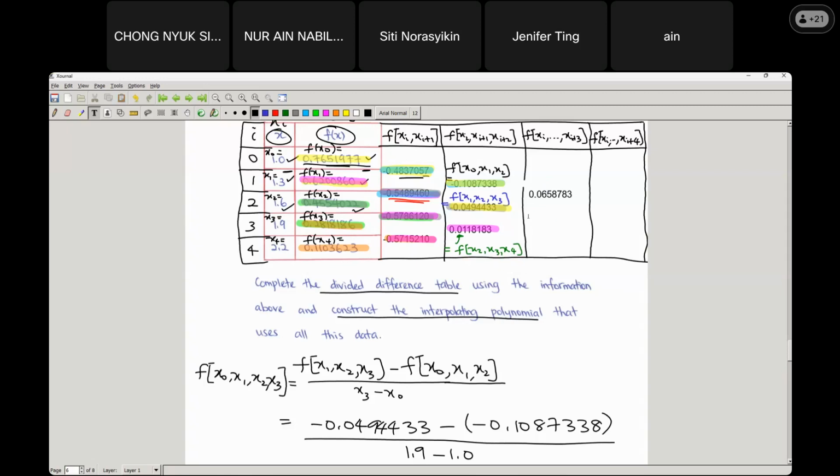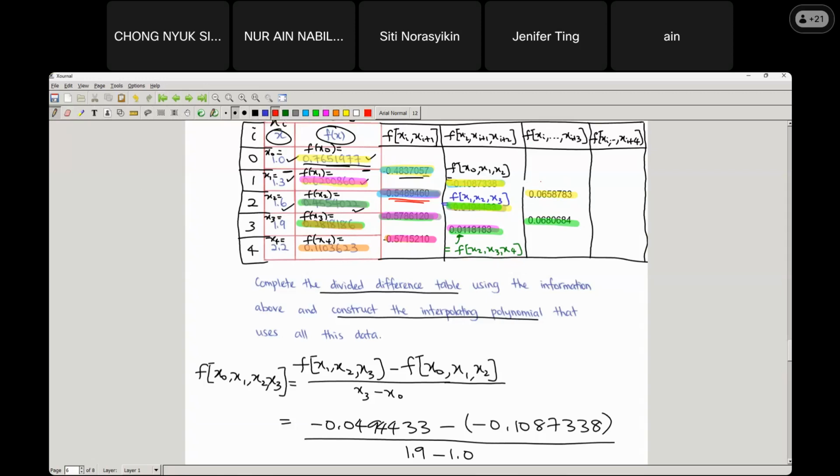Okay, 0.0680684. So I highlight this. This one is in between this and this value. So this value is in between this and this. Now you should know that this value is represented by,